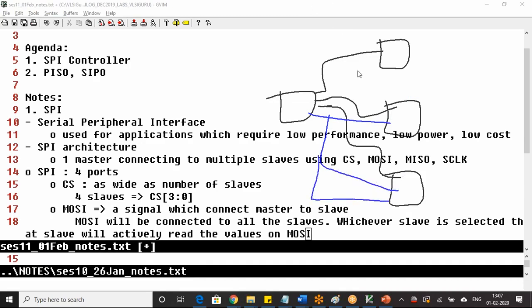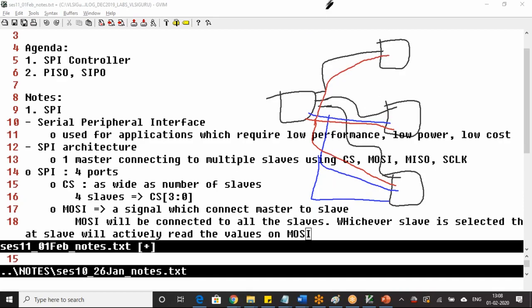MOSI is also the same, the same pin will go to all of them. Oh, I think I have drawn the blue line twice, so assume that this blue line is going here also.